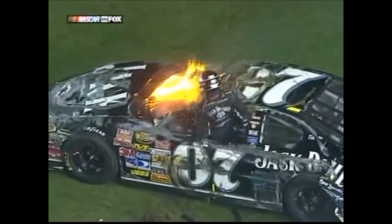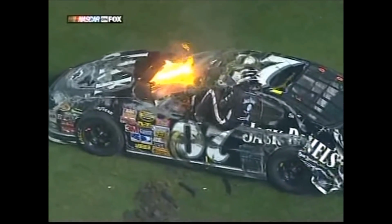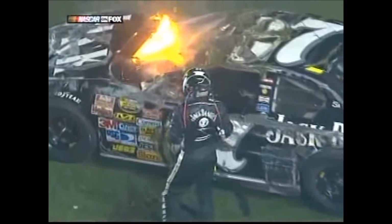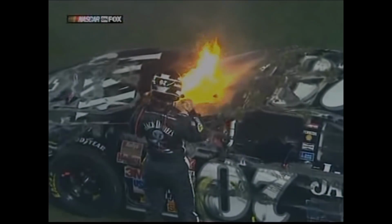Boyer making a hasty exit through a small window opening. That's one of the things that's going to be addressed by the Car of Tomorrow. Yeah, I'm just glad he's landed back on his wheels with that fire, because